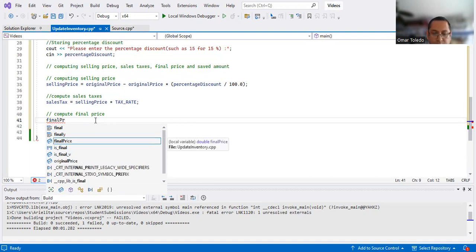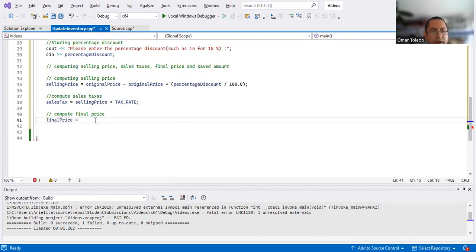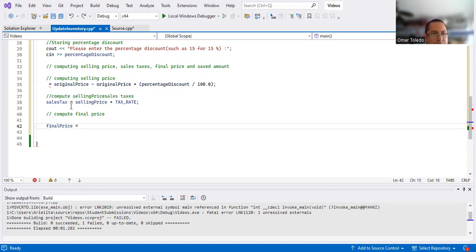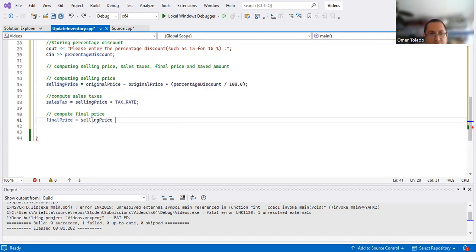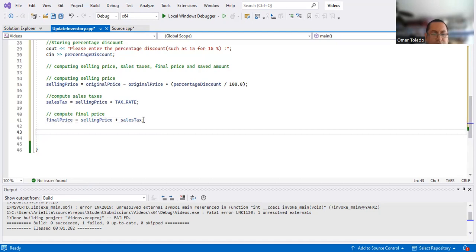So the final price is going to be the selling price plus the sales tax, right? Price plus sales tax. Then, just to finish,